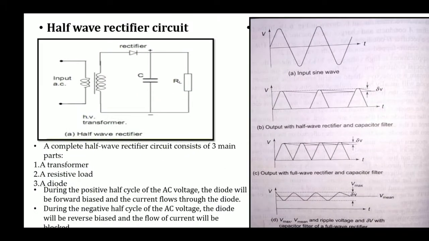And the thing is that when we use a half wave rectifier, a significant amount of power gets wasted. Why is it so? Because it allows only one half of each cycle to pass through it. Is it right? Because the other half cycle gets blocked here. So a significant amount of the power gets wasted, right?